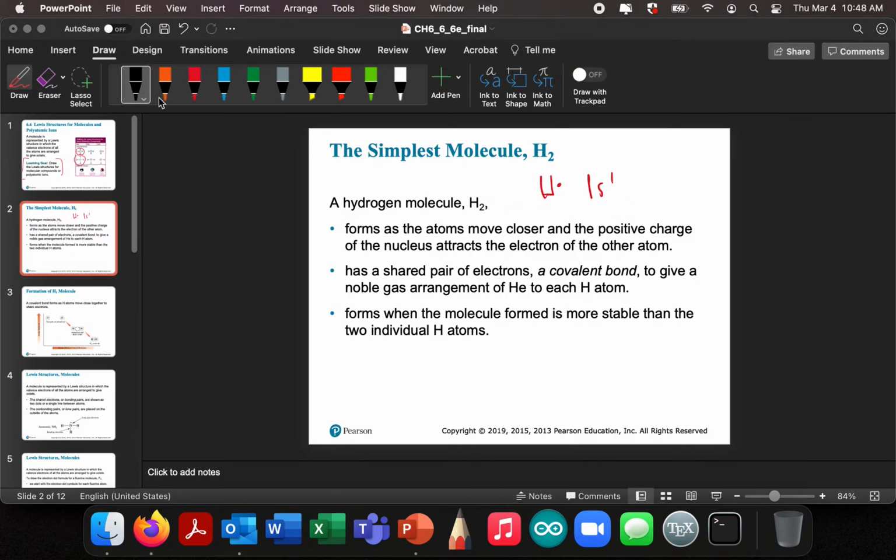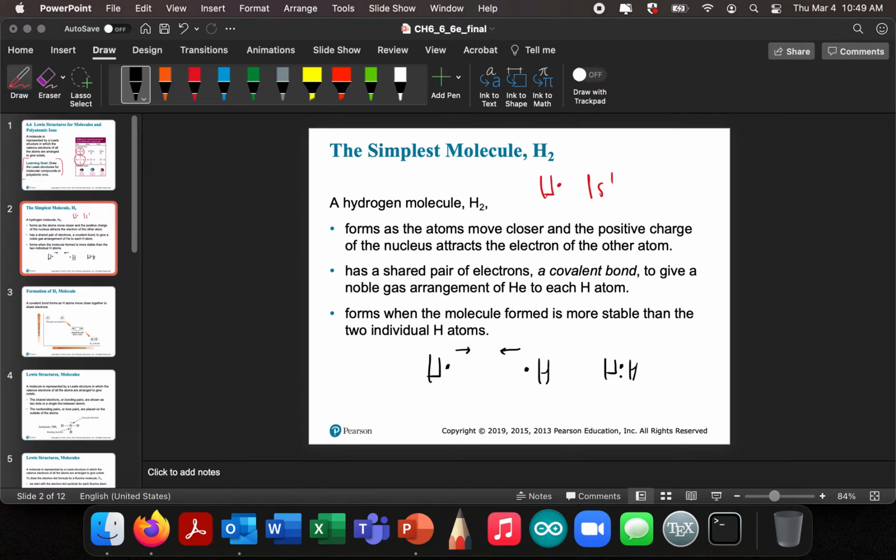Now, what happens is a hydrogen atom might look like that, and another hydrogen atom might look like this. And this hydrogen atom says to this one over here, hey, I've got a capacity for 2 electrons in my outer shell. If I can borrow your electron, and I mean share it, I'm just going to share it. I'm not going to take it, right? And if I can share it, then I'll have 2 electrons in my outer shell. So what happens is they get closer to each other, right? And in time, they get close enough